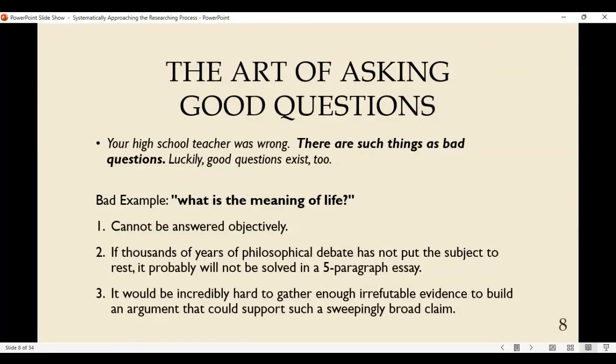So number one, it's 100% subjective. It's completely based in your values and your experiences and maybe even faith based. So it cannot be answered objectively or scientifically. So really, whatever you decide or whatever stance you take on it could easily be kind of refuted just on